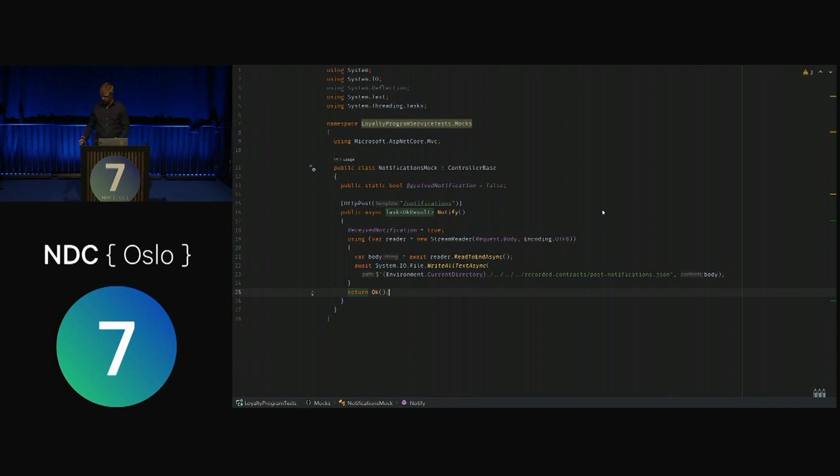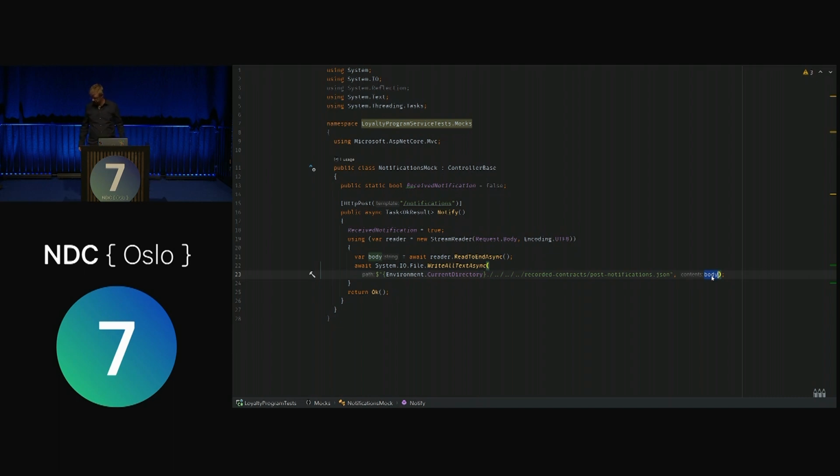And that's the mocking part, and then the recording part is in here, and the details aren't that important. The important bit is write all text to a file, and the text that we write is the body of the incoming request. So whatever the loyalty program sends in, we write that down.